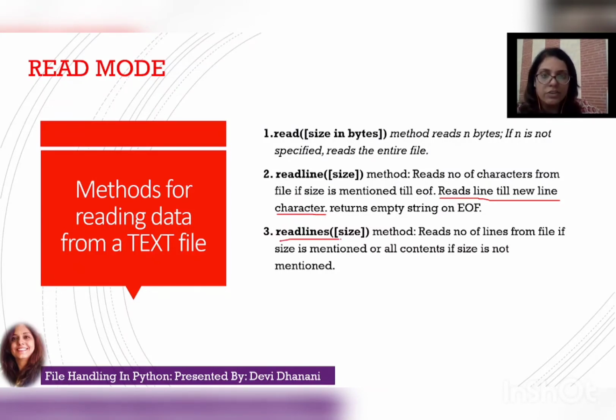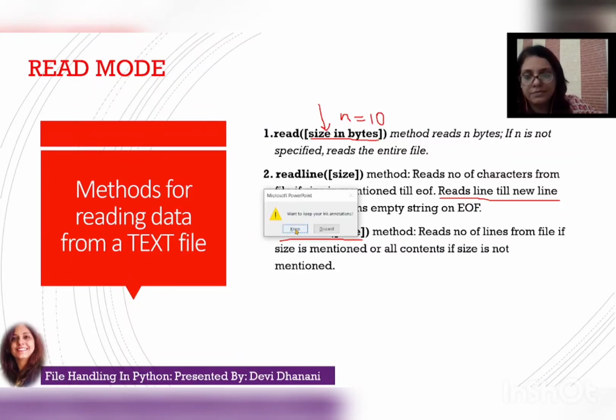If we wish to read multiple lines, we can use the readlines method. As you can see over here, we can specify the parameter, the size, the number of characters that we would like to read. Now this is optional. So if you would like to read n number of bytes, for example 10 bytes, you can specify 10 over here. Let's see this